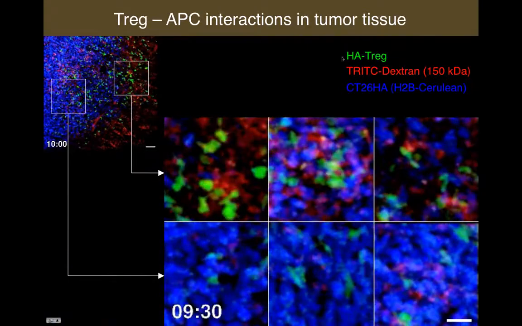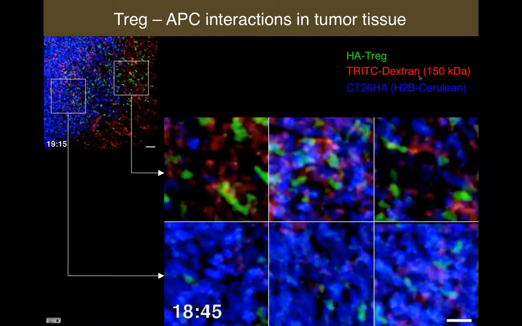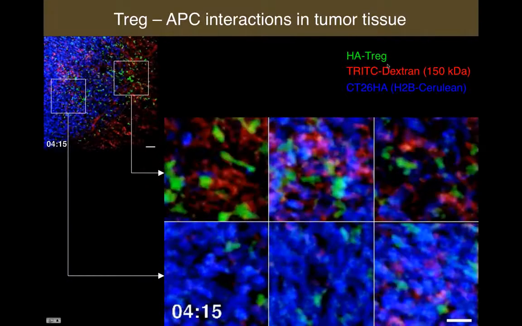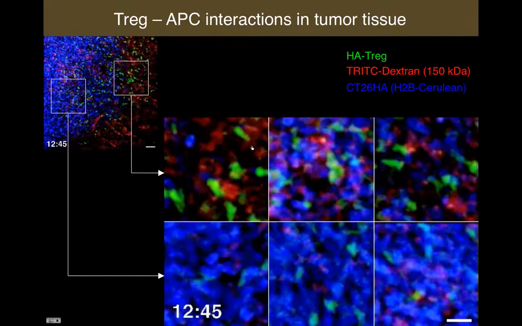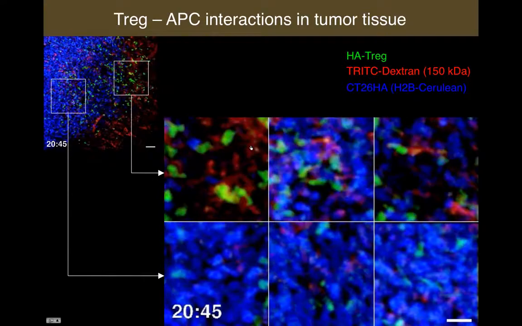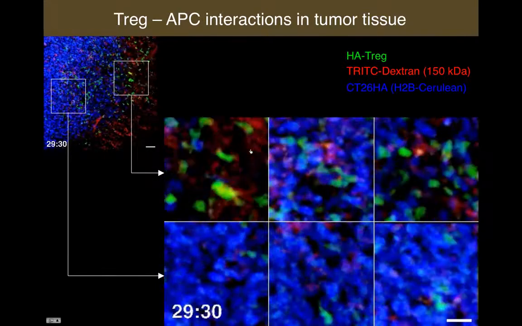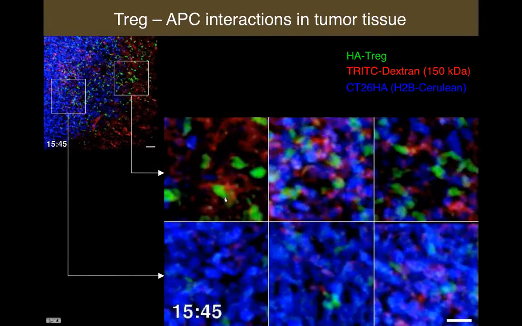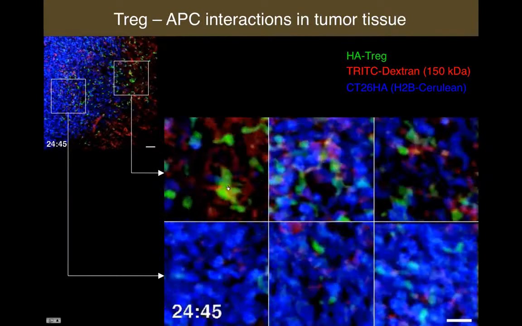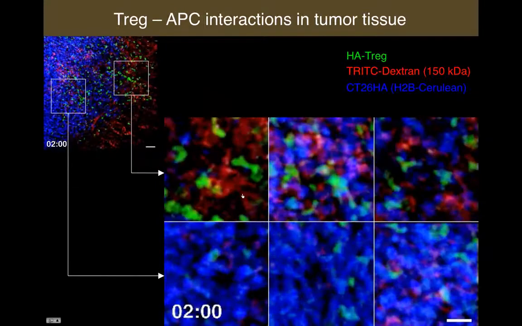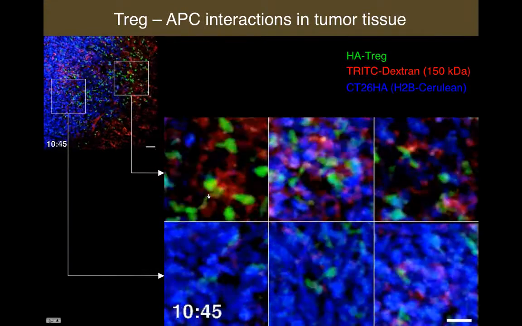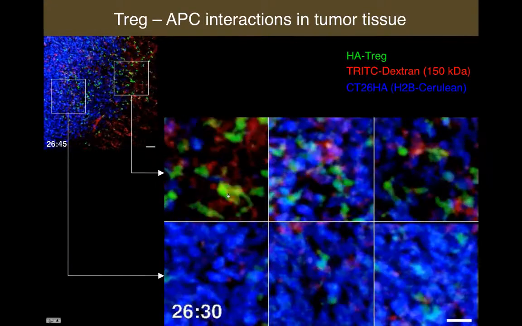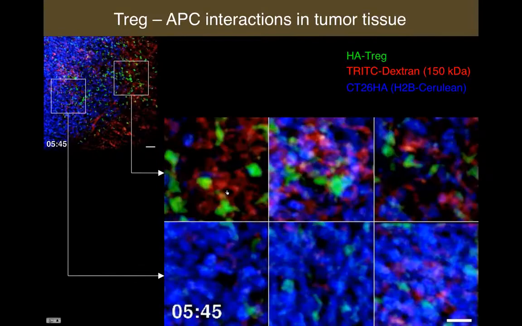For this we actually only had to wait a little bit longer, because the tritidextran has the feature that it leaks out of blood vessels into the tumor tissue, and then gets taken up by phagocytic cells in the tumor microenvironment. So these are macrophages, dendritic cells, and other cells. And what we find is whenever these regulatory T cells stabilize their immune behavior, it is typically in the direct vicinity or in contact with one of those phagocytes that have taken up the tritidextran that has leaked out of the blood vessel. We know that it's a phagocytic cell, and we can define the locations in which this